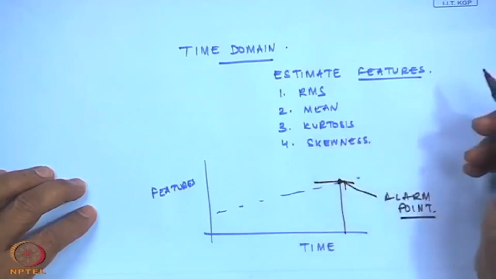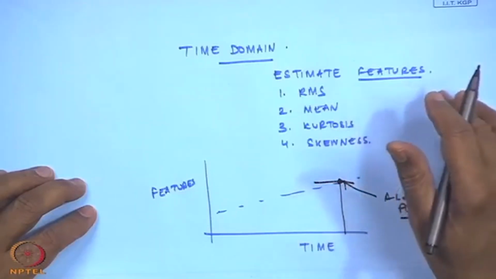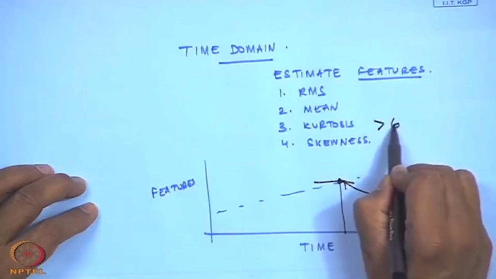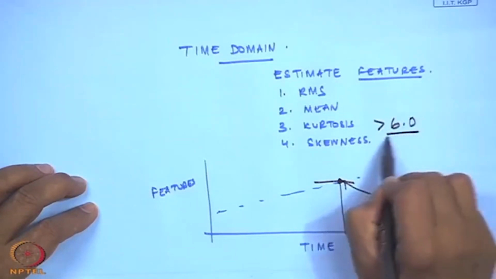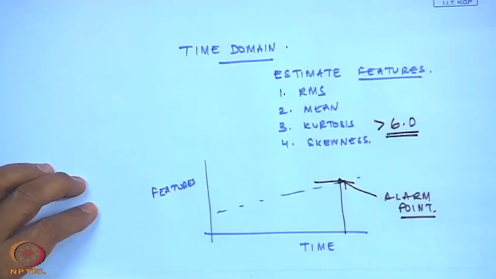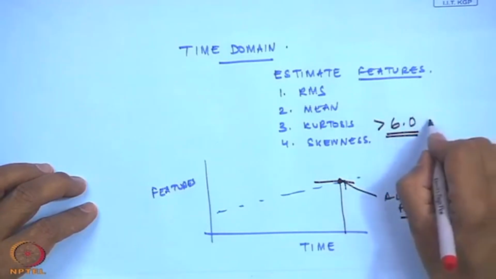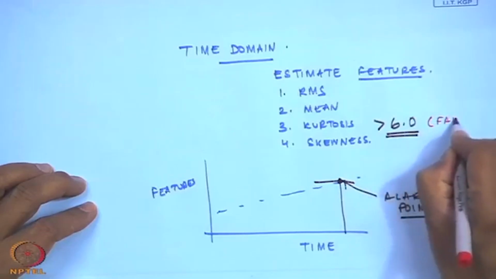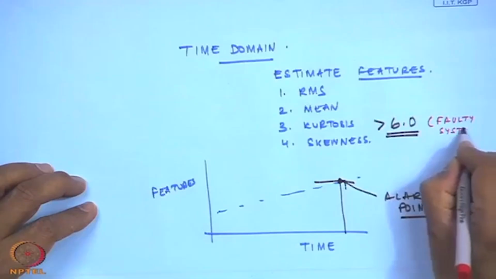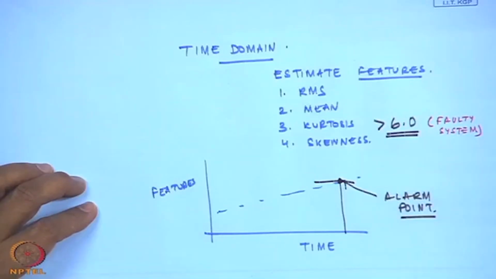However, to diagnose it, we have to do something further beyond just time domain feature estimation of the signals. However, it has been found in gearboxes that when the time domain signals have kurtosis greater than 6, we can say for sure that there is a fault in the system. Okay, for a faulty system there can be,